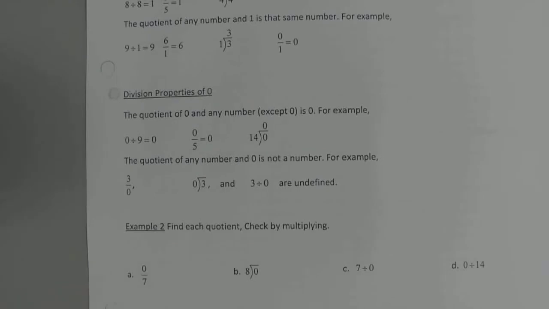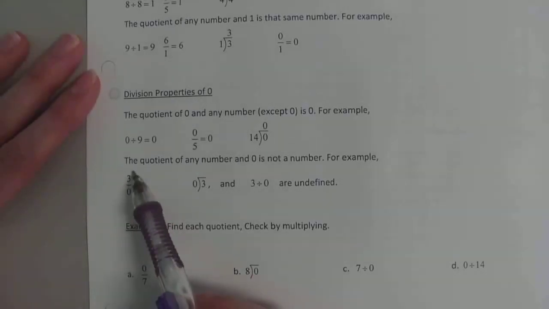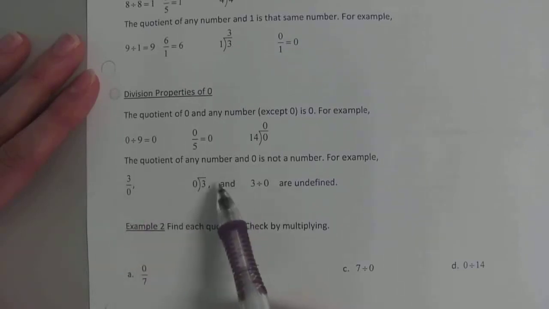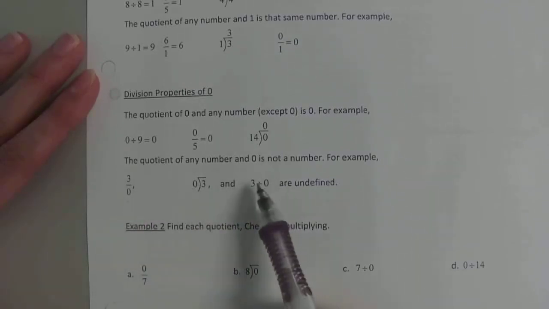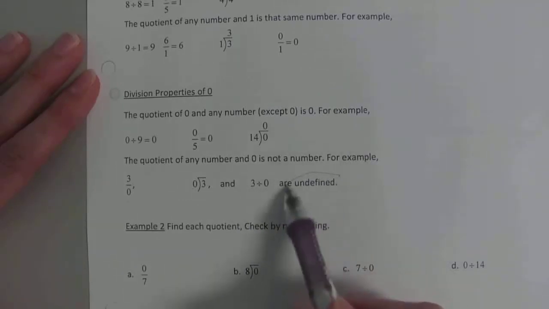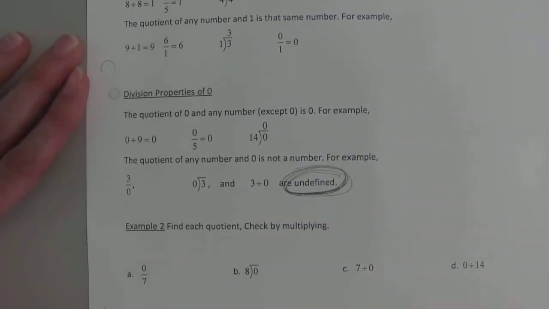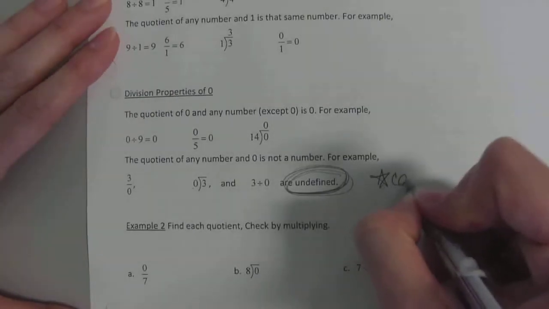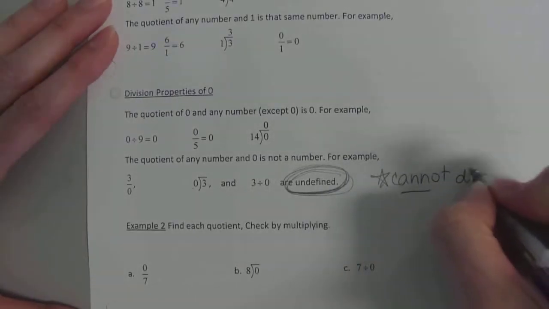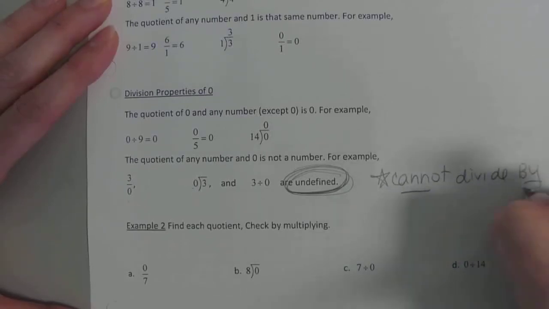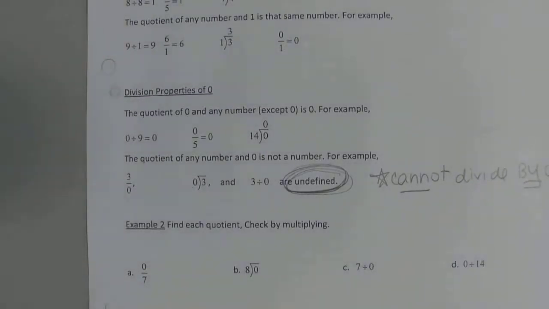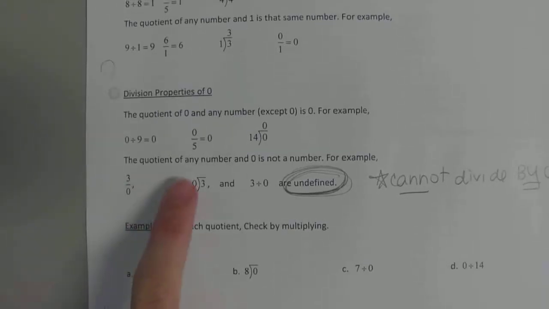Where it gets tricky is when you divide by 0. So this is 3 divided by 0. This is 3 divided by 0. And this is 3 divided by 0. And that's undefined. So you have to write undefined. Or my math lab will have a box that you can click undefined. So you cannot divide by 0. You can divide into 0. You can take 0 divided by anything, but you cannot divide by 0. So if it's on the bottom or out front,